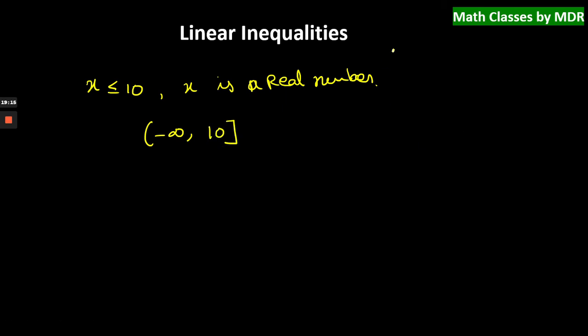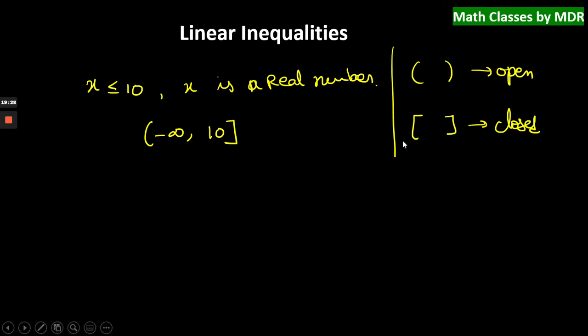Okay, so here this is known as open brackets and these are known as closed brackets. The real numbers are always represented by these two brackets. If the 10 is included then we use the closed bracket. If 10 is not included we use the open bracket. Infinities always take open brackets because infinities we cannot include, right? They are not defined numbers, so we cannot include them. So we use open brackets, right?